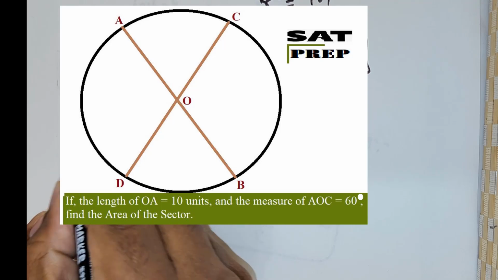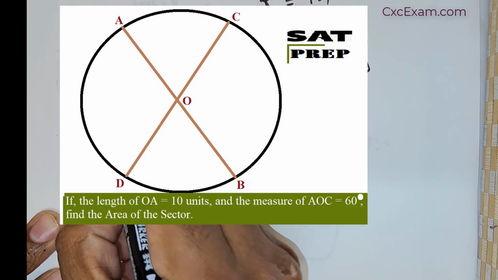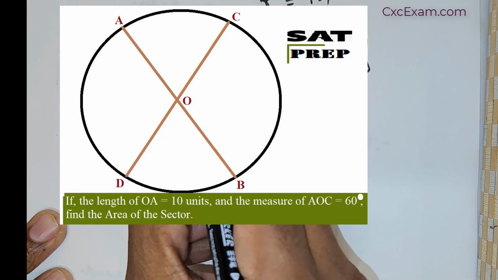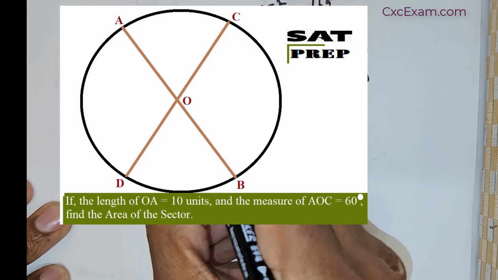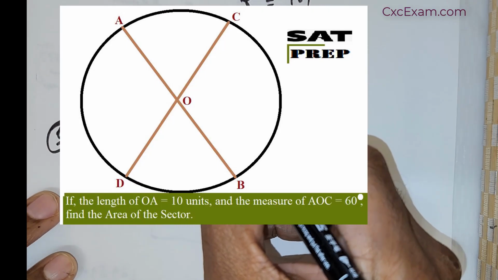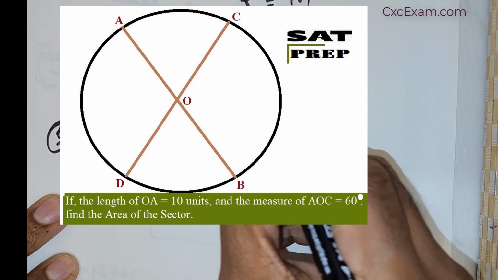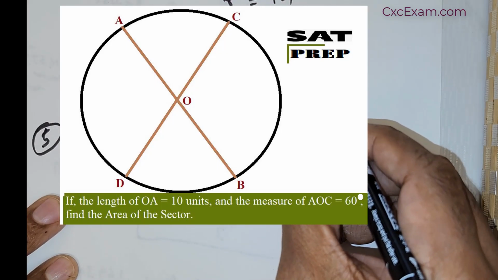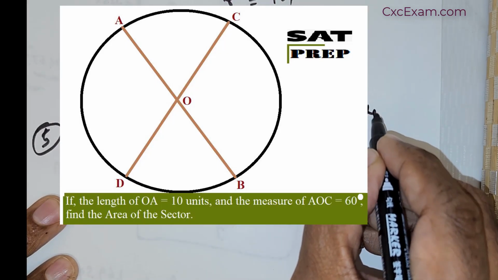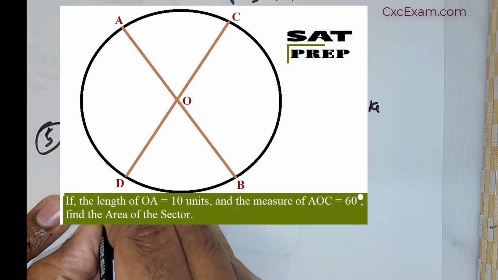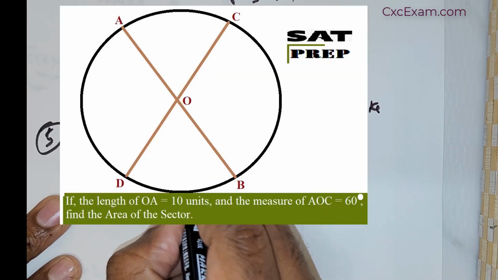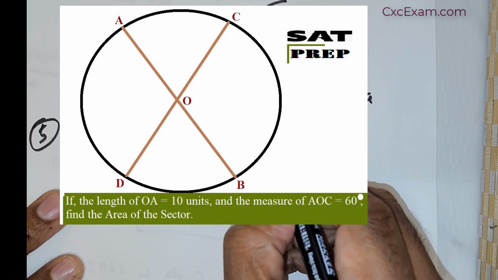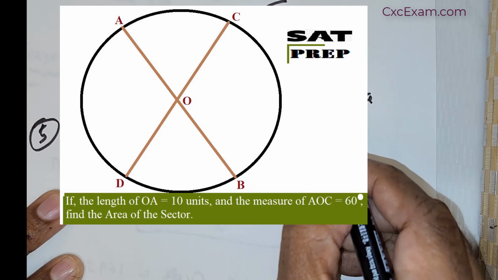Let me write this question down. Question number 5. If the length of OA is 10 units and the measure of angle AOC is 60 degrees. Find the area of the sector